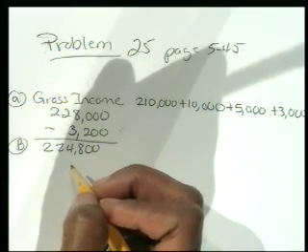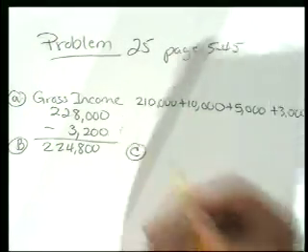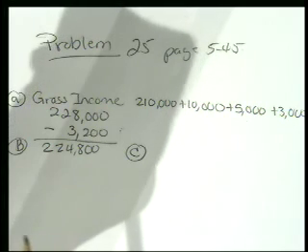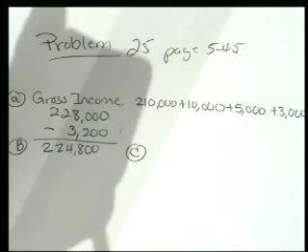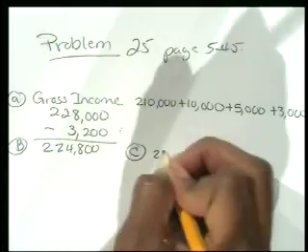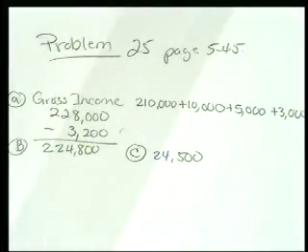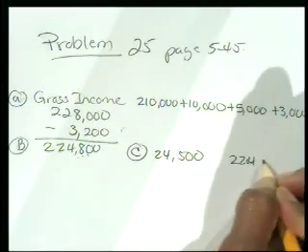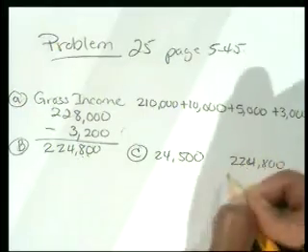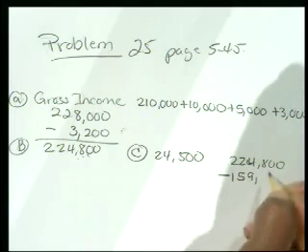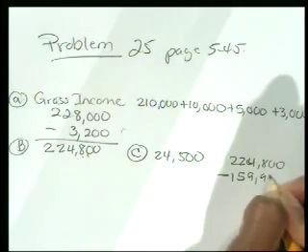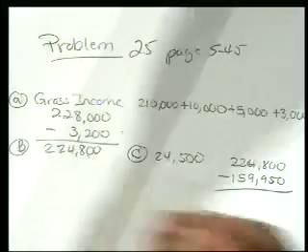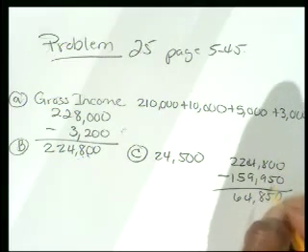Then next thing they want to know are itemized deductions and our standard deduction. Okay. So we want to calculate what our itemized deductions are. They tell us that we have itemized deductions totaling $24,500, and they consist of $20,000 in mortgage interest and $4,500 charitable contributions. All those amounts are subject to the reduction. So what I'm going to do is take the AGI of $224,800 and subtract that threshold of $159,950. And so $224,800 minus $159,950, and I get $64,850, and I'm going to multiply it by 1%,